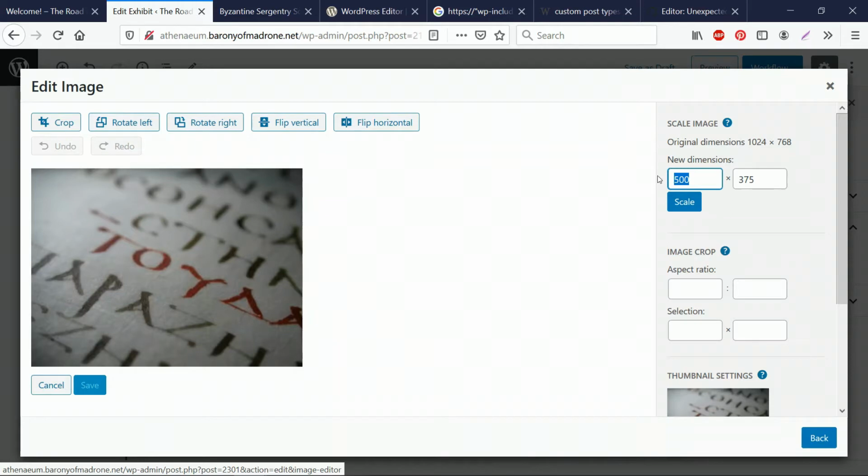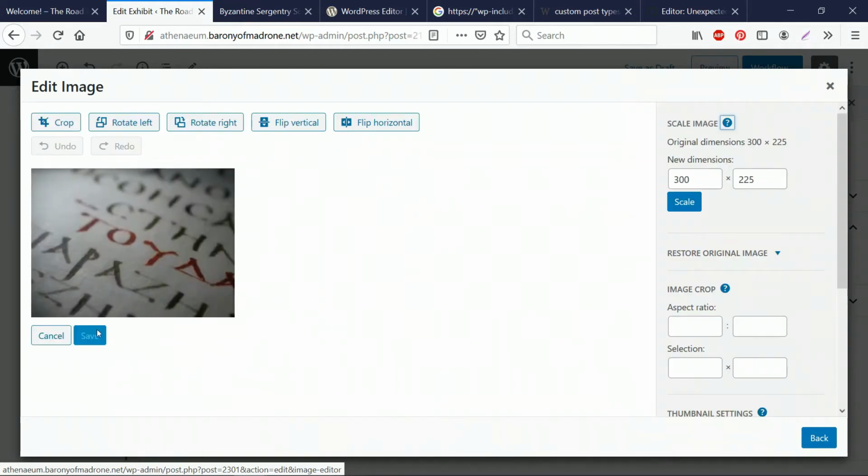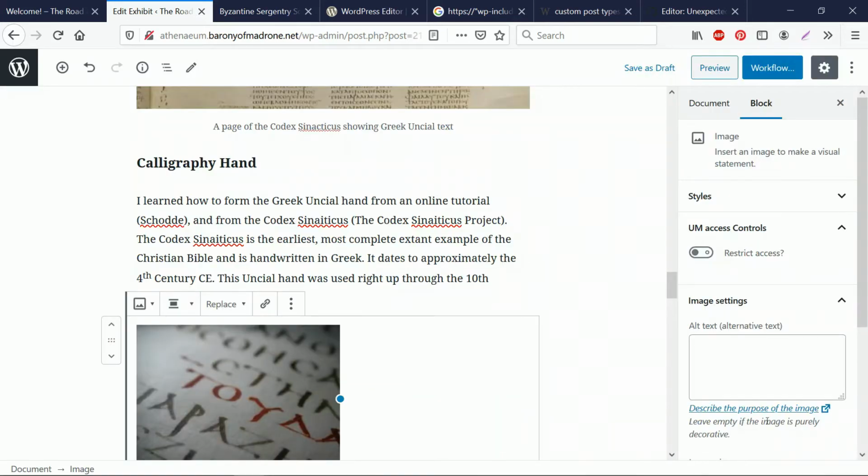It's wider than it is tall, so maybe, let's say 300. Okay. And then I'm going to go back, and I see how it's 300 now. I will use that,